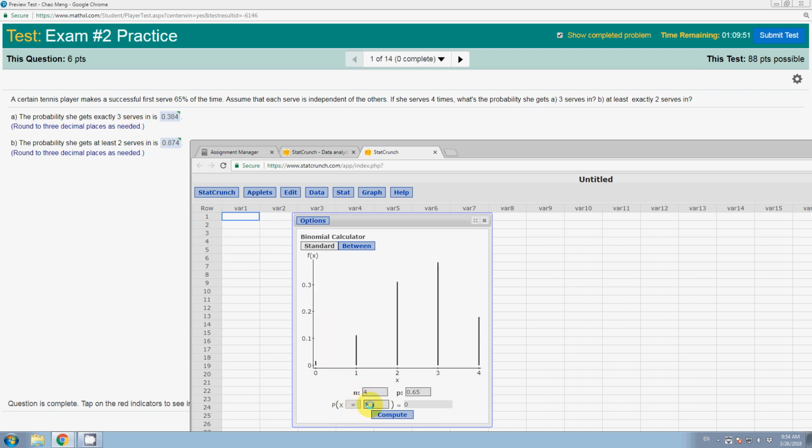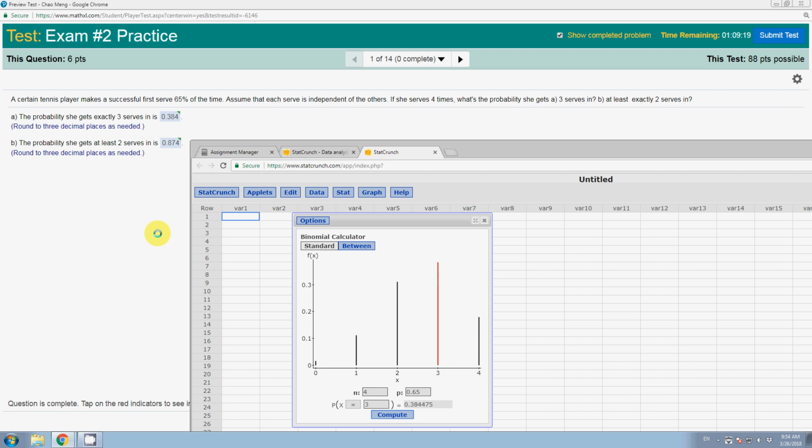Exactly 3 successes. Click compute, then we get the probability. It means the probability that the number of successes, or the number of serves she gets, is 3. Then this is the corresponding probability. That's part A. Part B, we follow the same parameters, but the probability is she gets at least 2